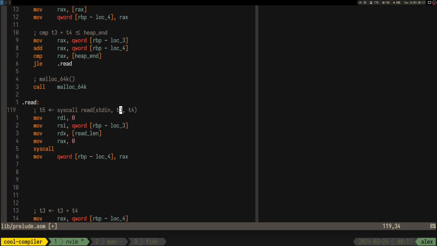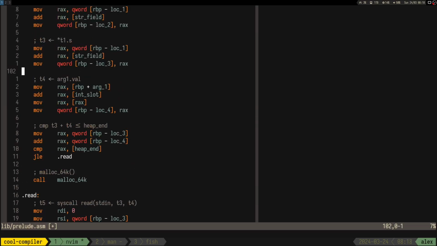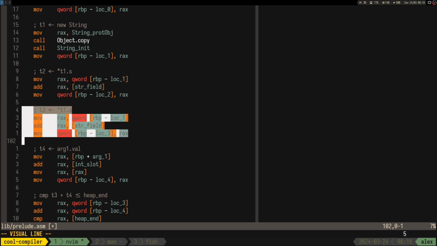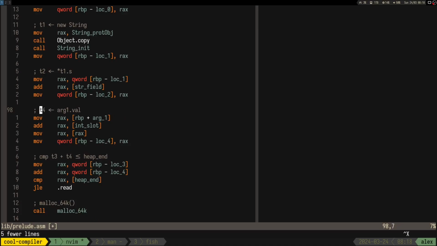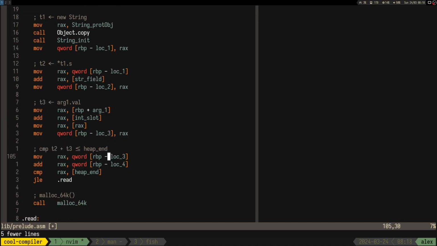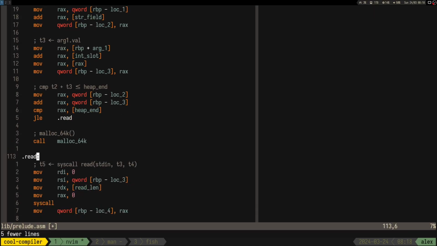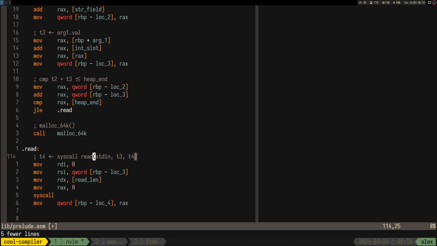It can be T2 or T3. Oh, what's even more interesting, I don't think we even need two pointers to the string. Yeah, we don't even need that, so let's remove that. So here is gonna be T2 and T3. So we're gonna have T4 is,